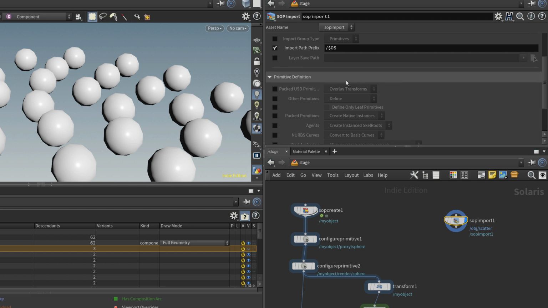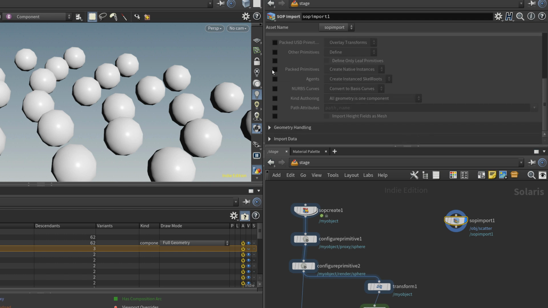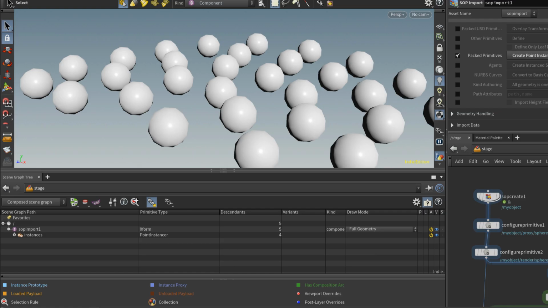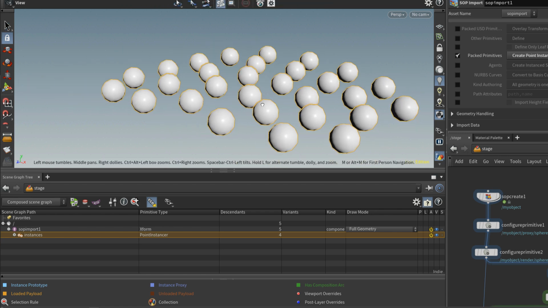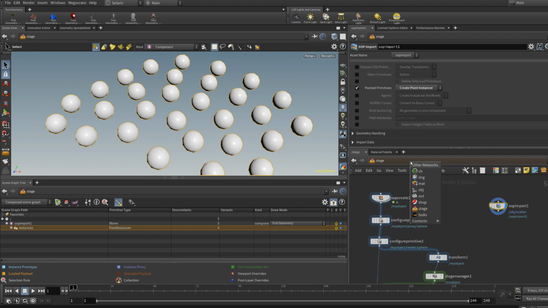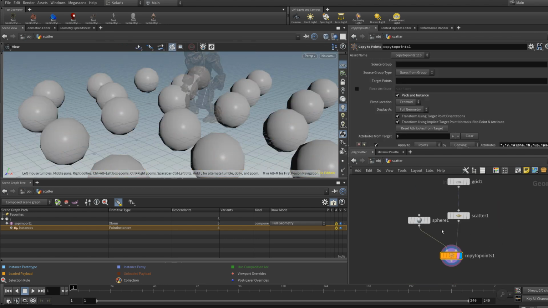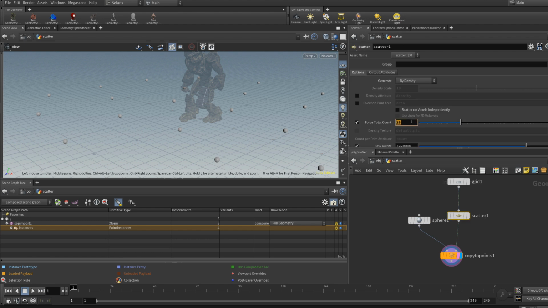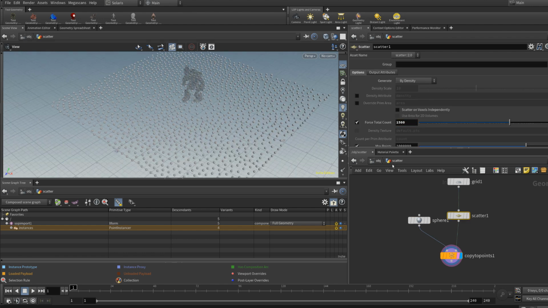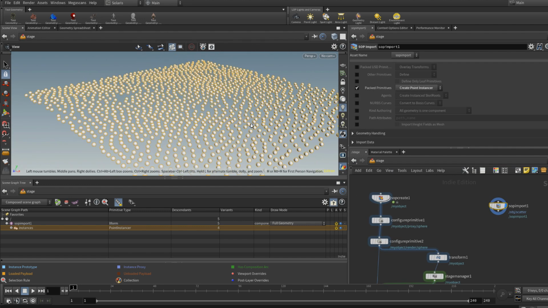And talking about instancer, there are different ways you can import these packed geometries. You have the create native instances. You have also what is called a point instancer. In that way, what it's doing is that it's just grabbing this prototype and copying things over points, which might be much more optimized if you have a lot of points and you need to bring them into stage. So yeah, something to keep in mind. In that case, I can, I don't know, have a much smaller sphere and put, I don't know, this amount, and it shouldn't affect actually what's happening in stage.